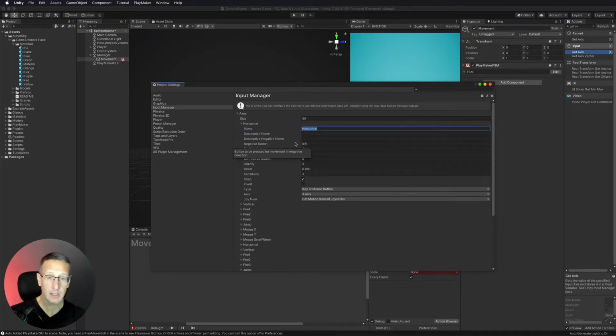By default, Unity already has negative and positive numbers for the left and right keys, and also the A and D keys, so for both left-handed and right-handed folks. That's important to know, because I'm left-handed and a lot of games only have the WASD keys, and that upsets me because I can't use my arrow keys. Anyway, all right,